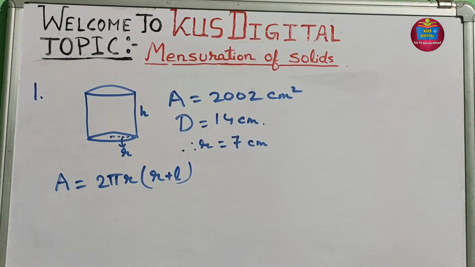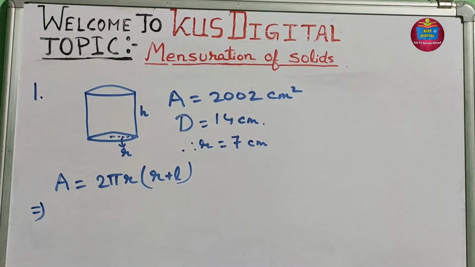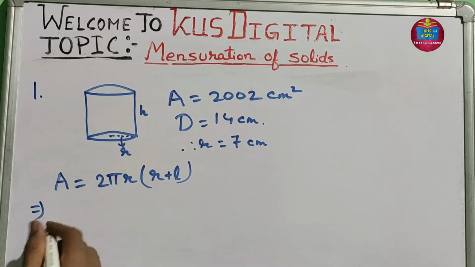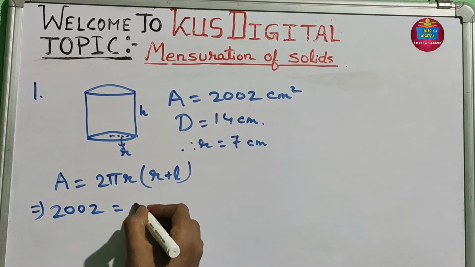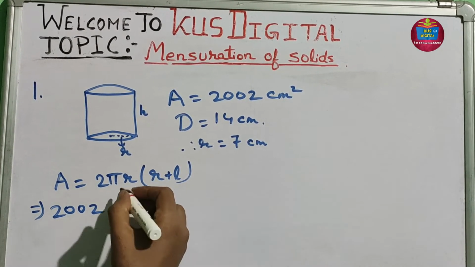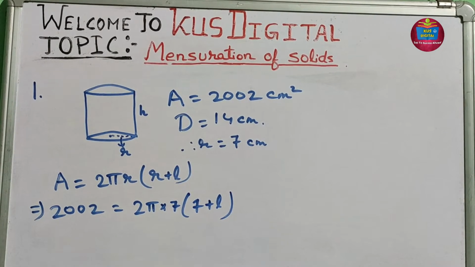This is the formula of the whole surface area of a cylinder. अगर आपको ये फॉर्मूला कहाँ से आया है पता नहीं होगा, तो आप जाके पिछले वीडियो में जब हम लोग सिलेंडर को लेके डिस्कस किए थे वहां पे जाके आप देख लीजिए। सो दिस इज 2002 इक्वल्स टू 2 पाई इंटू आर इज 7 इंटू 7 प्लस एल।